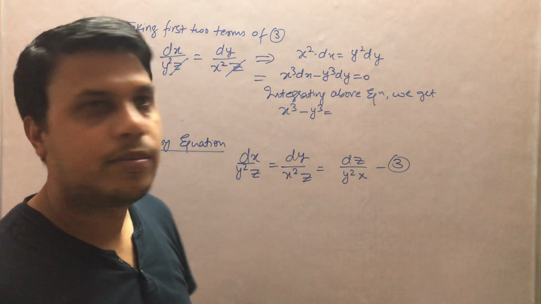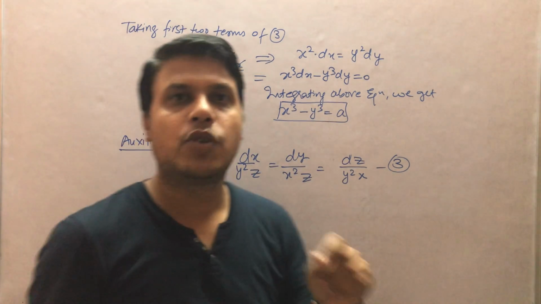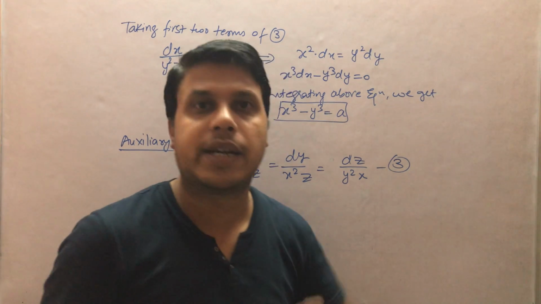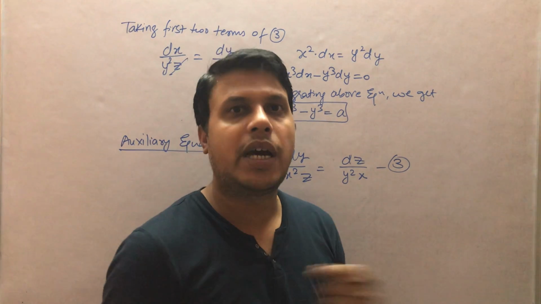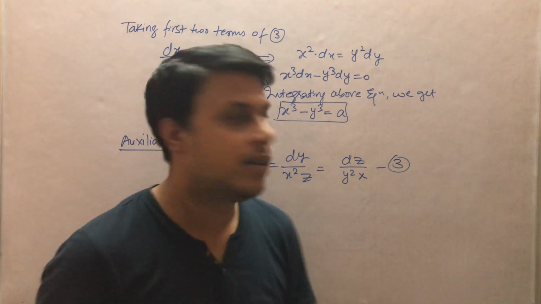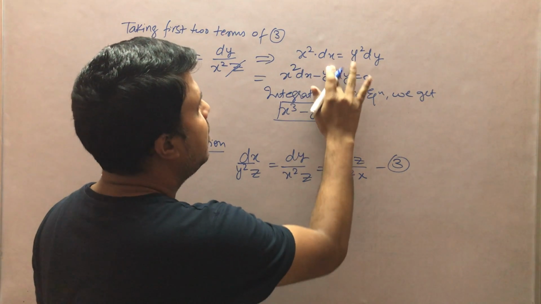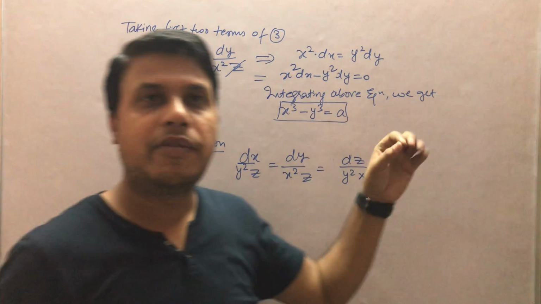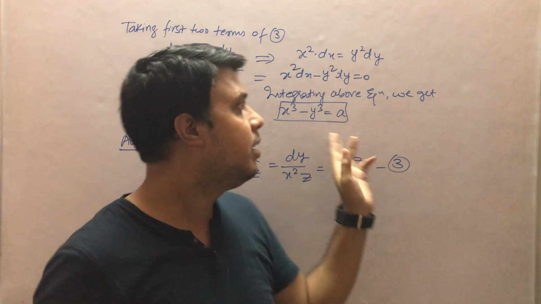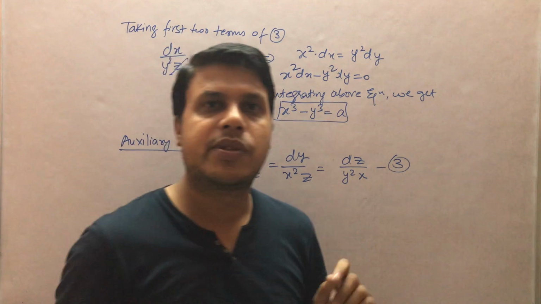x cube minus y cube, and we'll take a. We'll take x cube minus y cube equals to a. How have we taken a? It is actually an arbitrary constant. As I told you, there is no specific reason why I have taken a or b. Simply I have taken a because it is an arbitrary constant. We can take any constant. So the integration of x square will be x cube over 3 minus y cube over 3, and if I take the LCM as 3, then after multiplying with the 0, it is going to be 0. So I have taken x cube minus y cube equals to a. I hope this is clear.